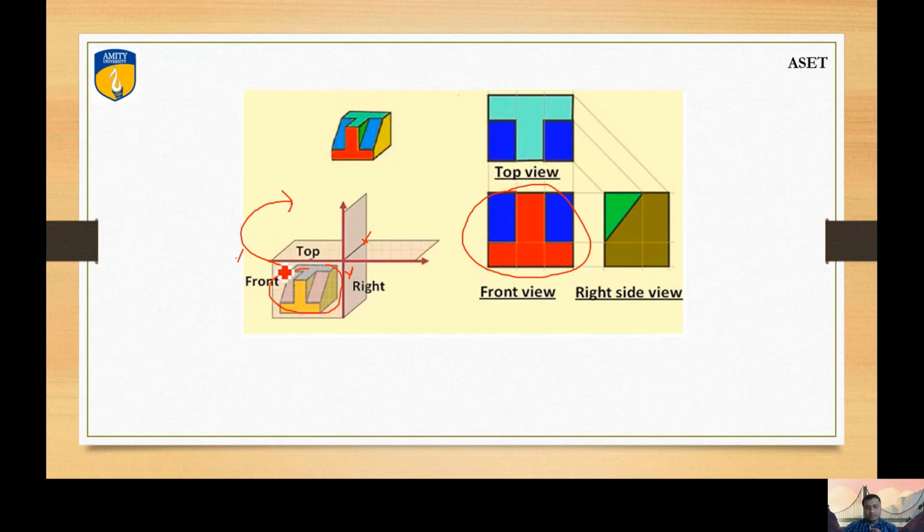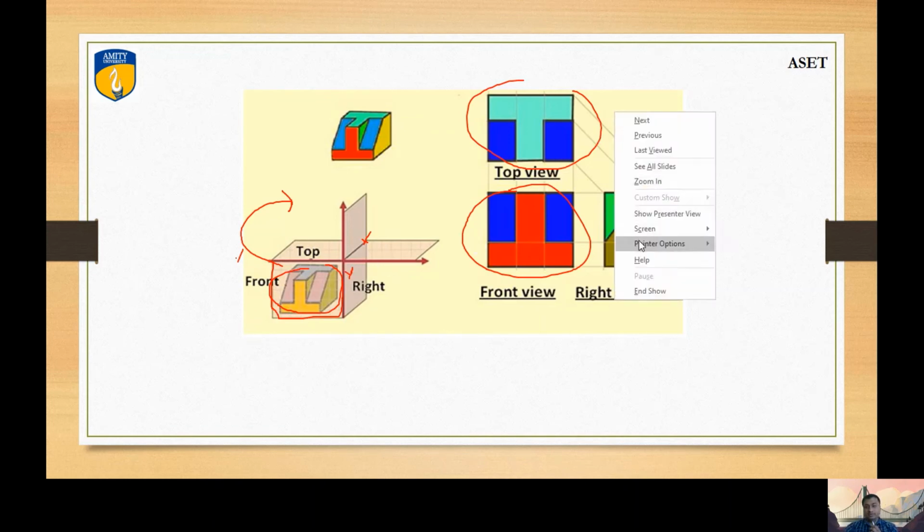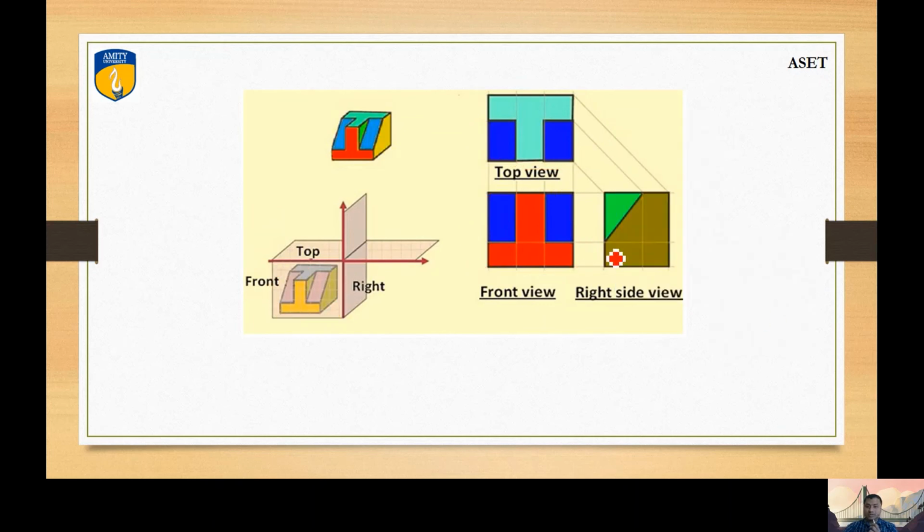Now the top view, because the HP is going to rotate 90 degrees, will shift to the top. One thing is very important here, please keep it in mind. When you see the object from the side, because the object is below this HP, if you add the profile plane like this and see the object by means of the profile plane, what is going to happen? I am just sharing the conclusion. The right side view will be on the right of the front view in the third angle. So keep in mind, the third angle is the reverse of the first angle.